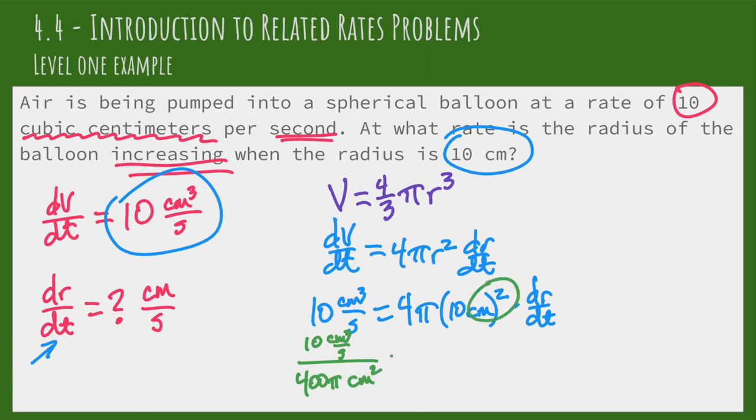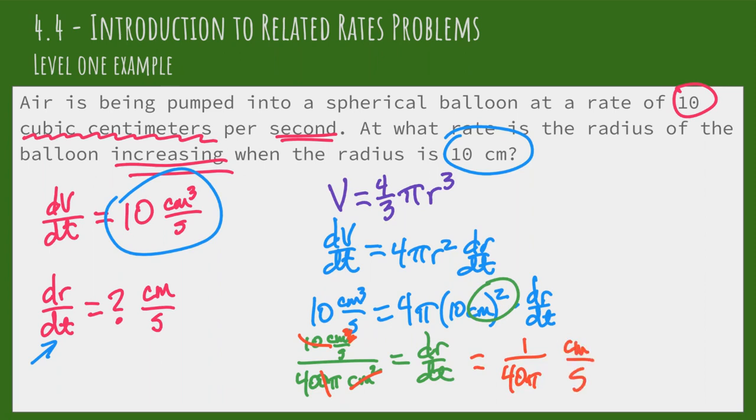And that's going to equal dr dt. Just doing a little simplifying, the 10 is going to cancel with the 400. Centimeters squared are going to cancel with square centimeters there. And we end up with 1 over 40 pi